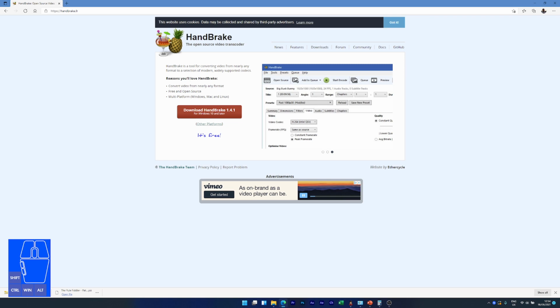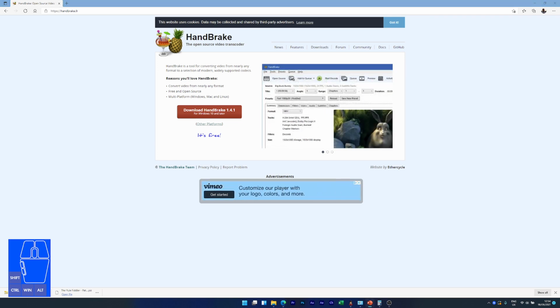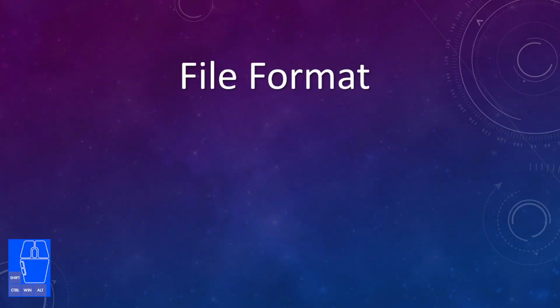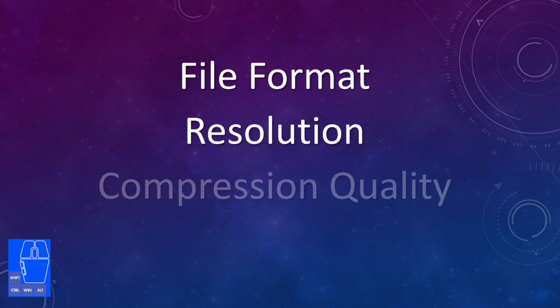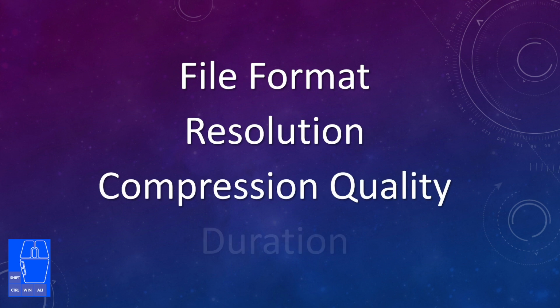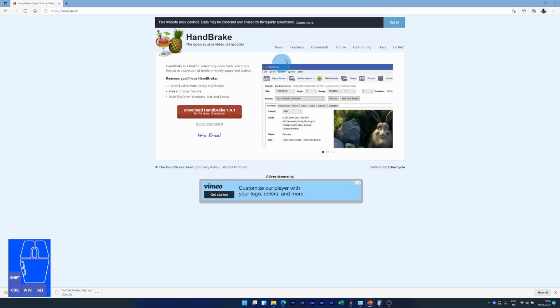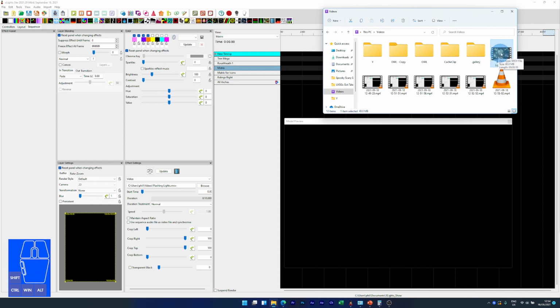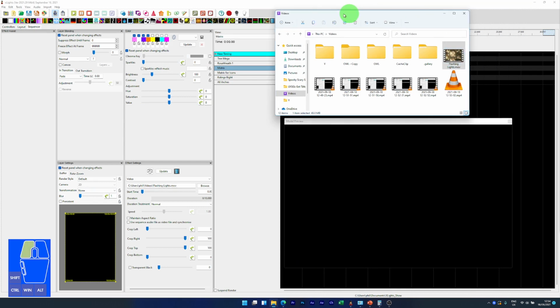So we're going to be tackling the reduction of size of a video file in several different ways. So we're going to look at the file format, the resolution, the compression quality, and the duration. So with that in mind, I've selected a video file here called